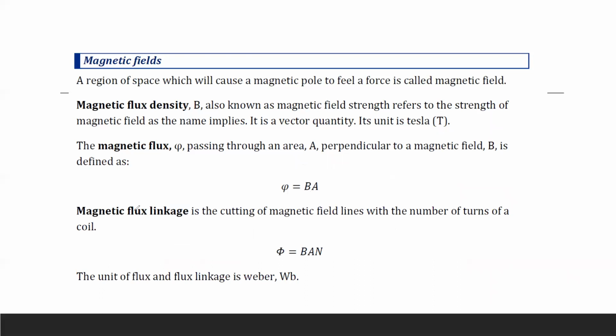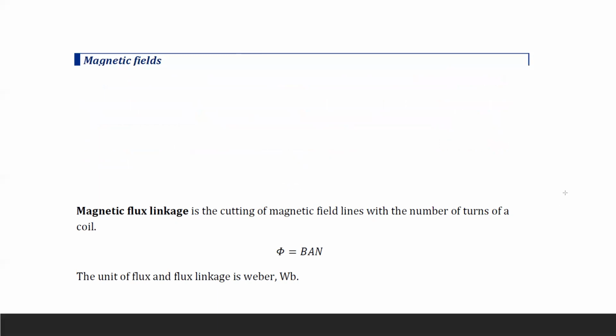Then what is magnetic flux linkage? Normally we have a unit area, but it may have more turns. Instead of having only one turn, we have a coil with many turns. So how many field lines are passing through a unit area in n turns? That refers to magnetic flux linkage. So say this was a magnetic field,